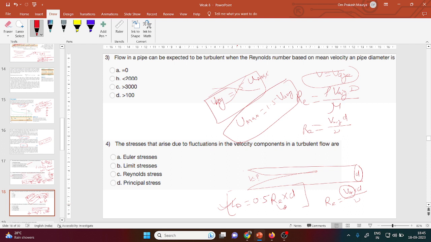This is a good question. If the entrance velocity is given, or the average velocity, then based on the average velocity some other parameters may need to be calculated. For that, they need to give the Reynolds number, isn't it? For this case, yeah, if the question is given like that,